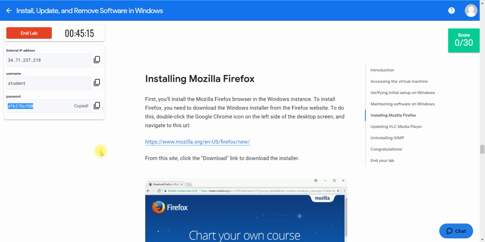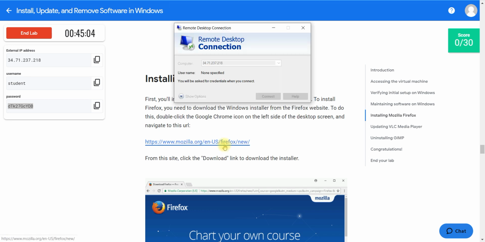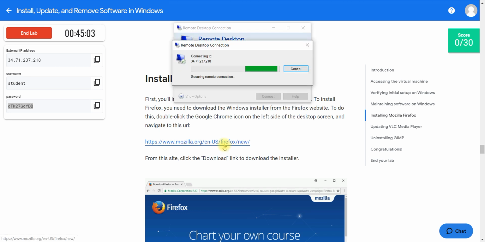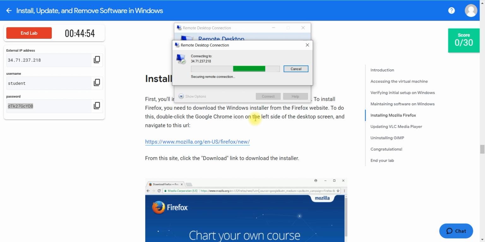Now this is unique for everyone, so don't worry about sharing the password and everything. Every time it generates a unique one. Now it is connecting to the remote system, and you click Yes here.